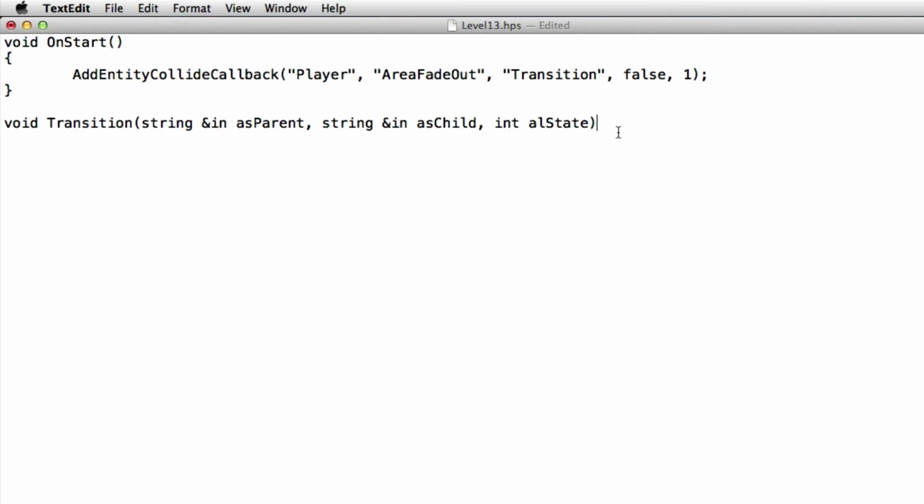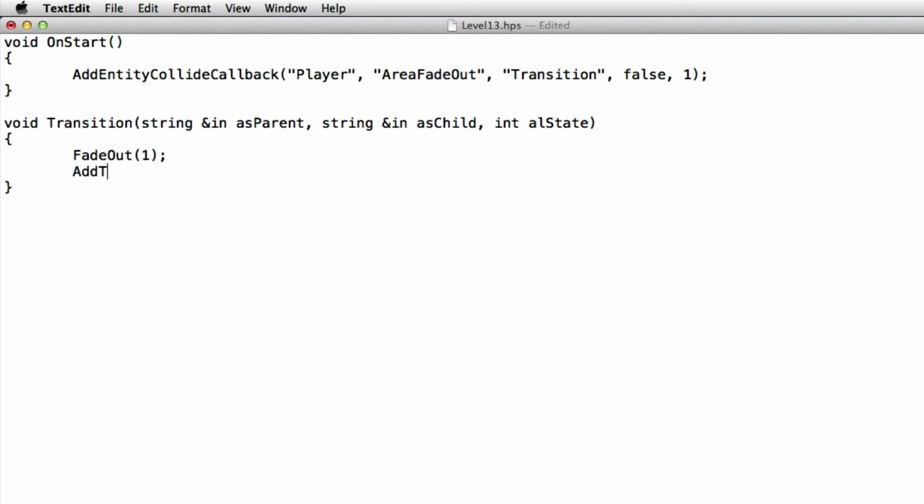And those basically just define the parent entity, the child entity, and the state of how it executes. Now in here I'm going to add fade out 1 second. That's the basic, that's how fast it usually fades out when you're entering a level door. So I'm going to make it somewhat similar, and as soon as you collide, it's going to fade to black within 1 second.